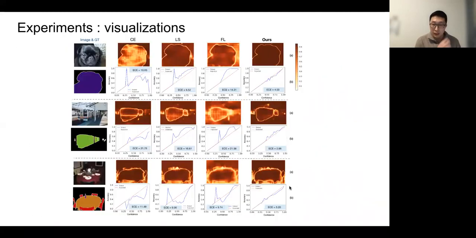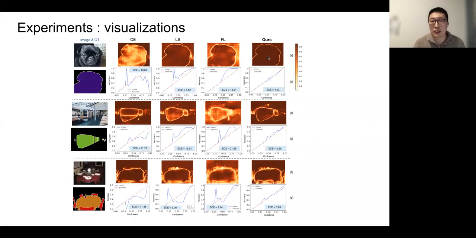And here is another very interesting visualization of the segmentation results on Pascal VOC 2012. First, we show the reliability calibration visualization for each sample, and it shows that our method is better. And for the heat map, the heat map represents the probability or the confidence of the predictions.